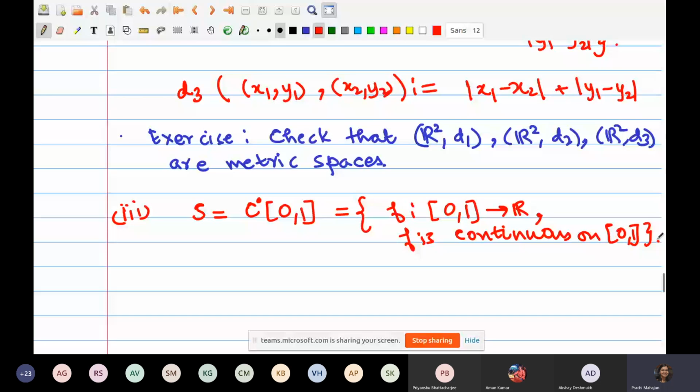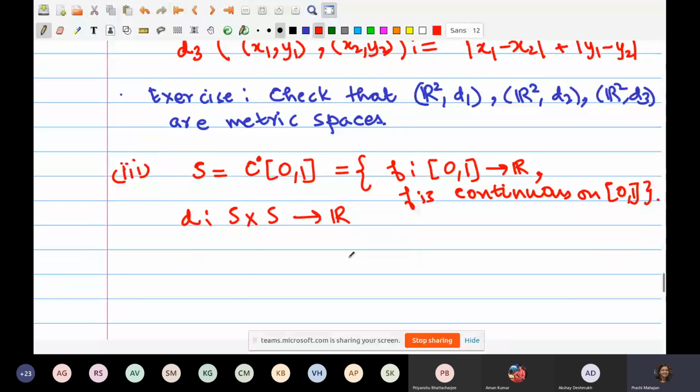The concept of metric spaces allows us to measure distances in abstract sets, which are not Euclidean, which are different from Rn. Here is one example. On this set S, I am going to define a metric. Let me pick two elements F and G in S. F and G are functions now. What is the distance between F and G in S? Is this making sense to all of you?